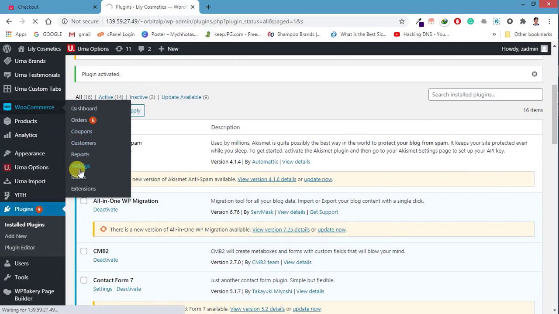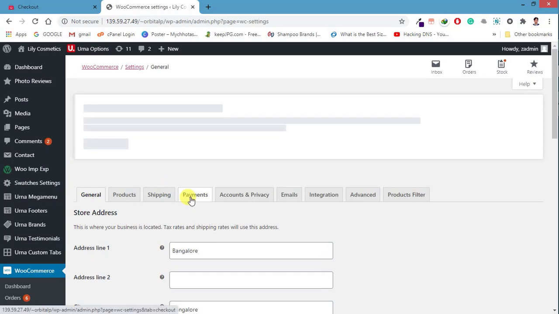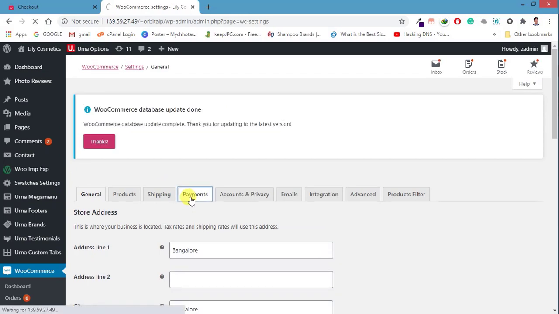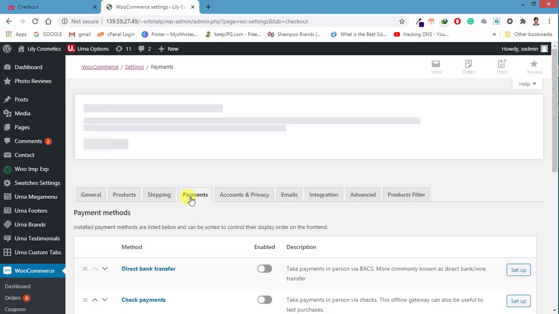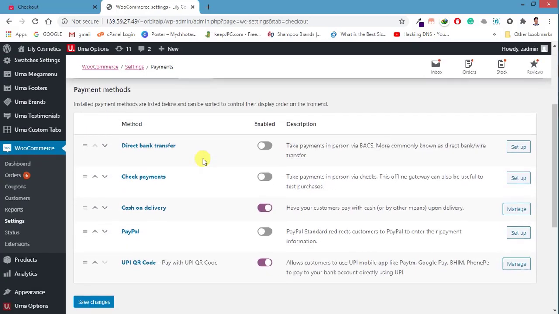So we'll go to the settings, and then to payments. One thing I will tell you, make sure your WordPress is a reasonably updated version, not completely updated, but a little bit updated.